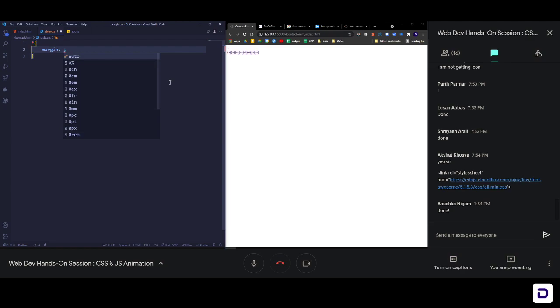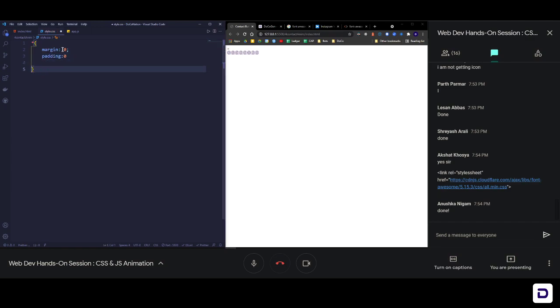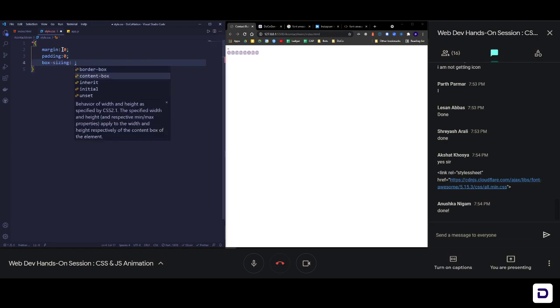Okay, so the browser has some styling, as you can see right now you have some space from the top and the left. So this is default styling from the browser. And in the same way you have default styling for all different elements. So to get rid of all those default styles, we do this so that we get an empty canvas for our whole page, and then we can style everything in our own way. So let's do that. We'll make margin 0, and we'll make the padding of every single element 0. Okay, let me just write it. Padding is 0, and then the last thing we'll do is we'll say that the box-sizing is border-box.